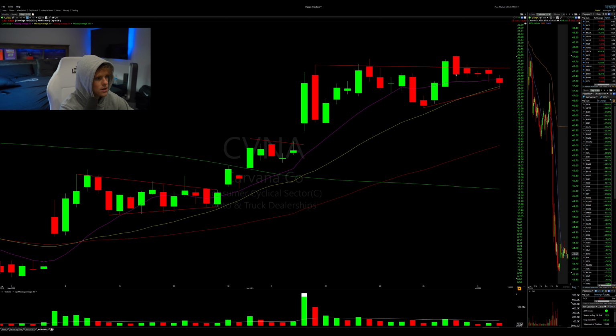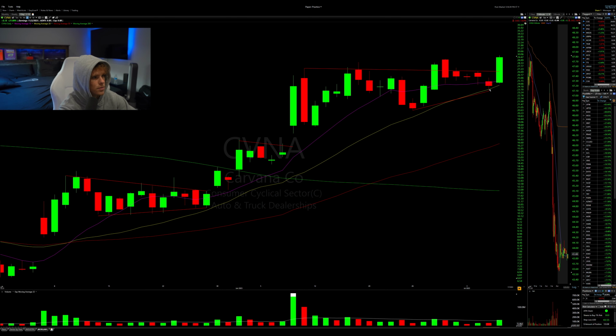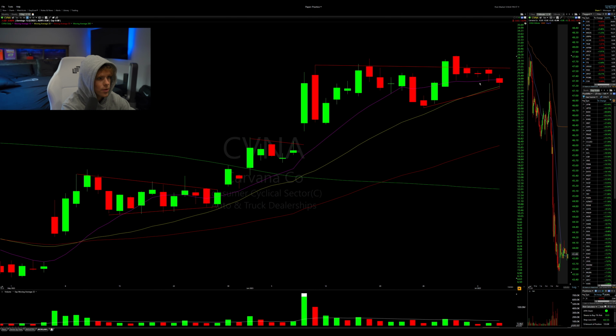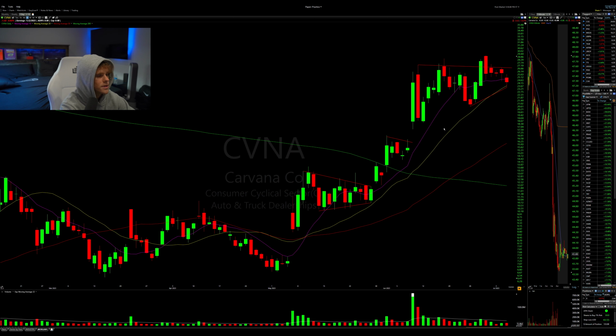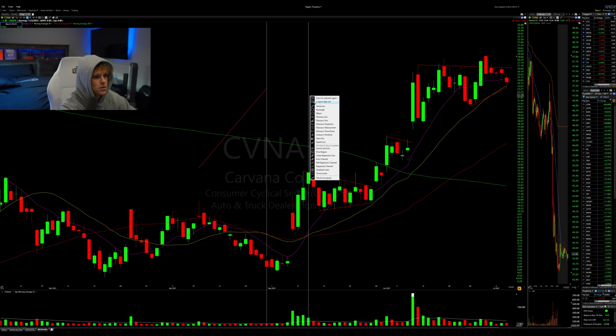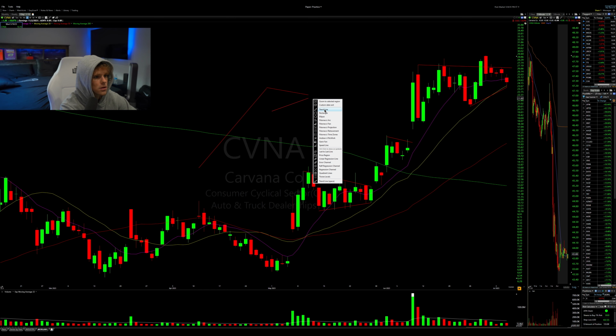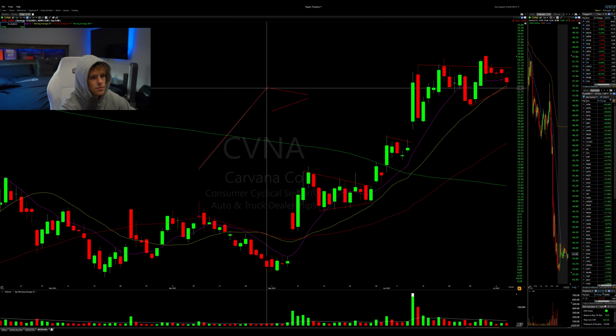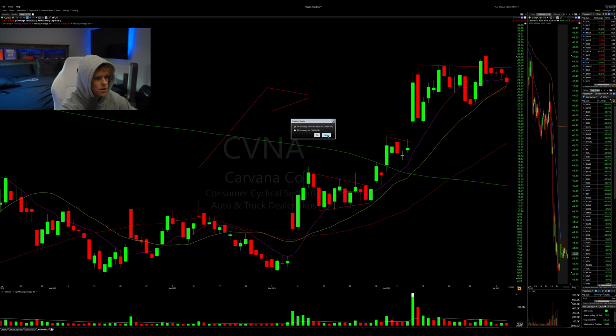So you'll see a candle like this, even this one's decent. And then next day ended up being breakout day. Typically before a breakout, what you'll see is a negative, so a red candle, like a red day, or a thin candle. But realistically, all you're looking for is you want to see this, and then you want to see the price go like that. So you want to see the price build this flag looking thing, right? And then you want to see it come to a pinch. And the tighter it gets, the better. That's a little strange sounding, but